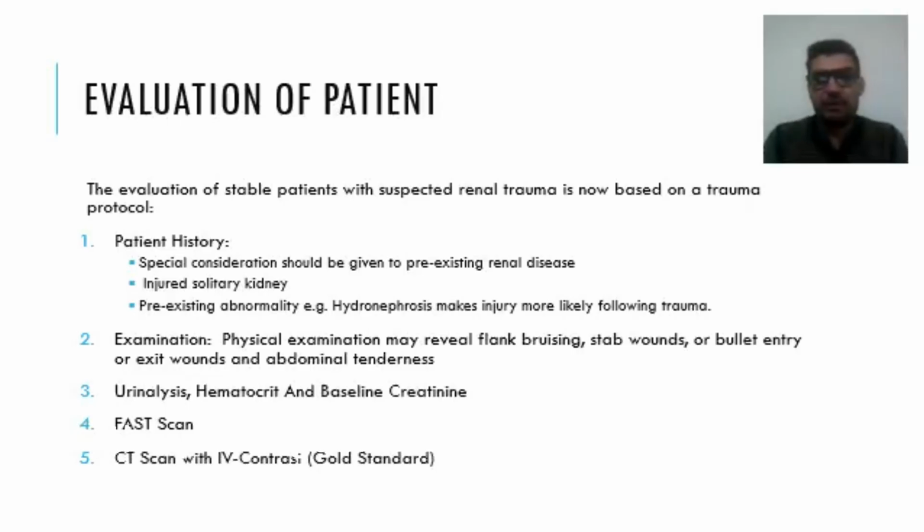FAST scan is the primary survey of the critically injured patient. FAST, which stands for focused assessment with sonography in trauma, is used to identify hemoperitoneum as the cause of hemorrhage and hypovolemia. It is not routinely used for the assessment of solid organ injuries, as it is insensitive, operator dependent, and does not define the injury well. It is inferior to the CT, but it is an option for follow-up.